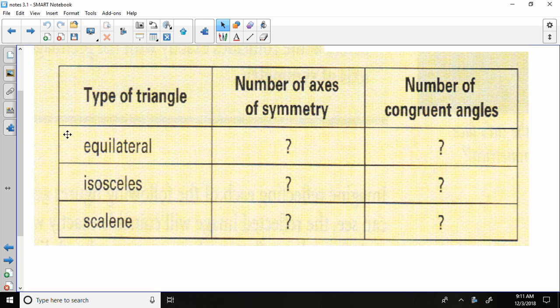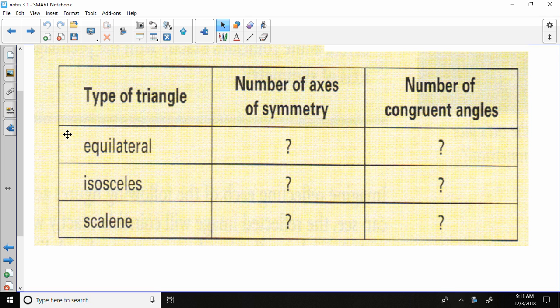Okay, isosceles. Isosceles has the 2 congruent sides. We just talked about this one because you have a drawing and I have it up there. How many lines of symmetry do we have on that one? Just 1, right down the middle so that the 2 sides can match up. Okay, how many congruent angles? 2. If we have 2 congruent sides, then that means we have 2 angles that are congruent to each